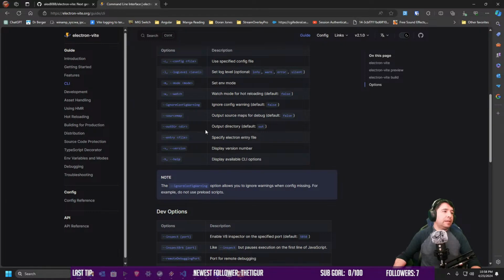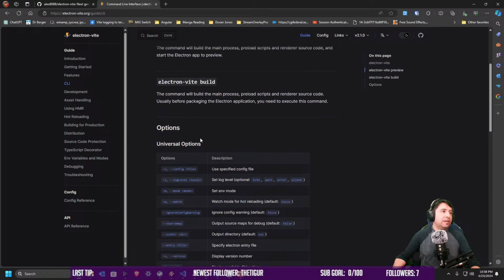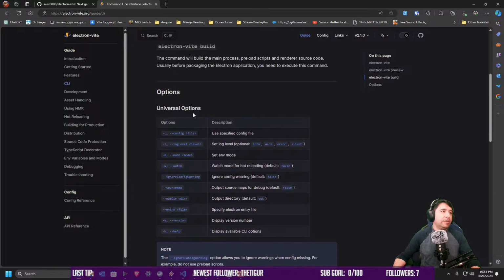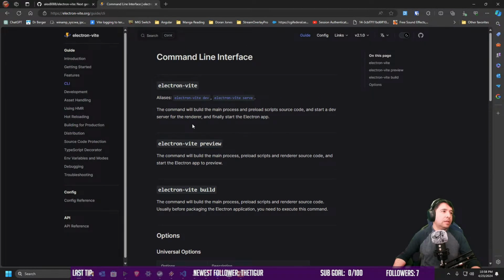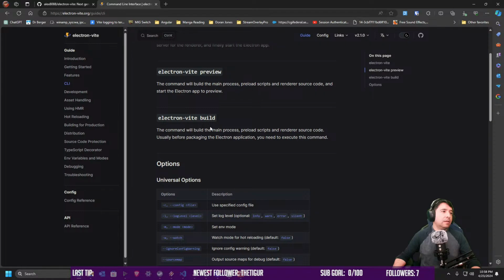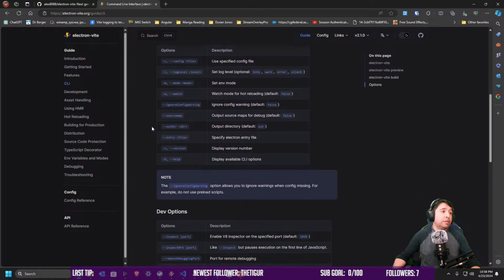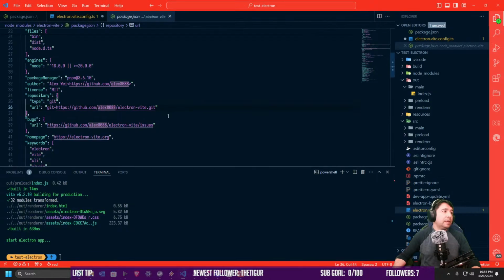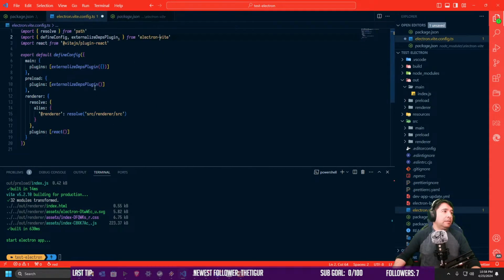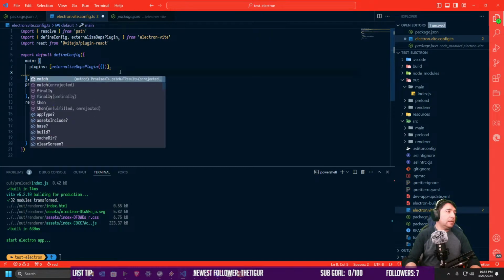So specify an Electron entry file. So there should be an option that tells me entry. But I pass Electron Vite build an option. Oh, hold on. Universal options for everything. So there should be something that calls entry somewhere here in this main. So what I'll try to do is go into plugins and say here, let's say,